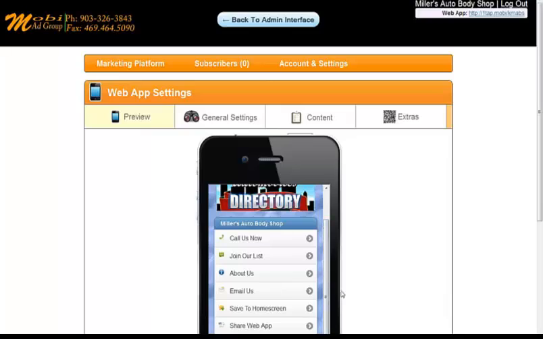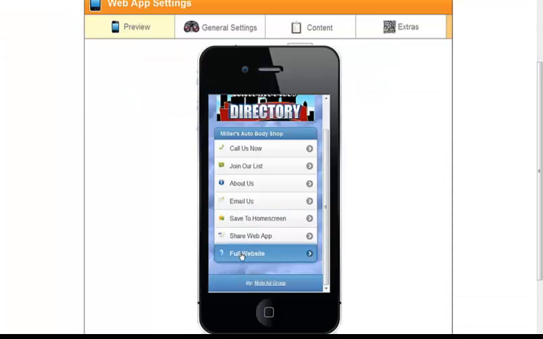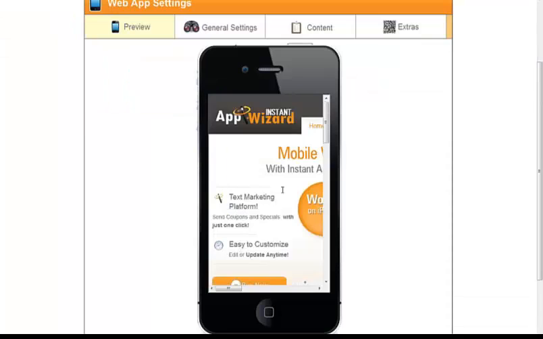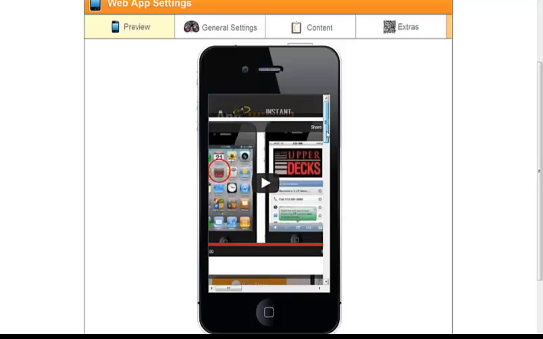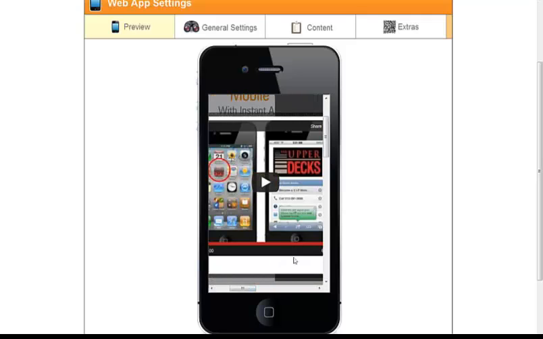And you can see right here, full website. Okay? Now, this is a great example of bringing up a full website. And now I can't get this off. Okay, this has that pop-up video in the middle of it, like all of you have seen, okay? And that's what they get to look at.